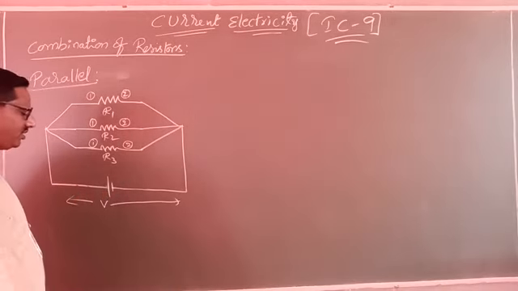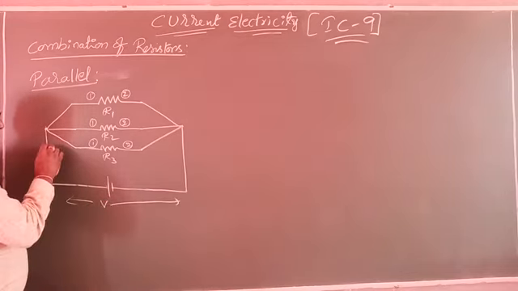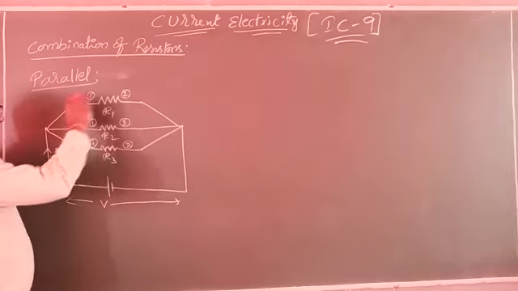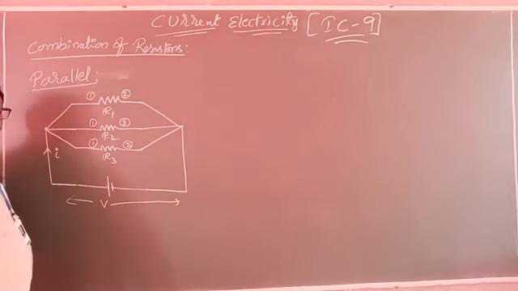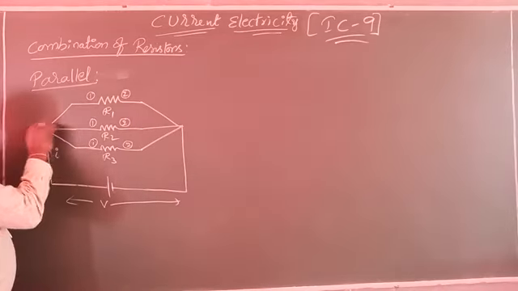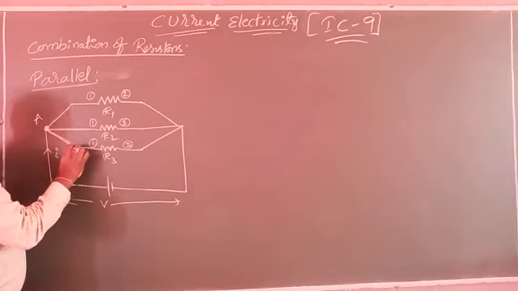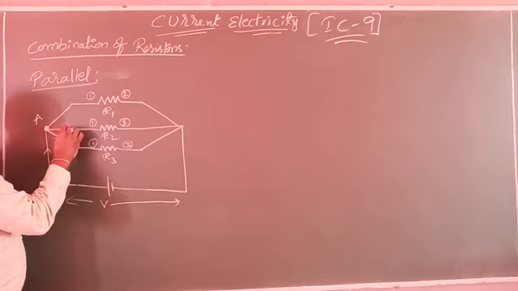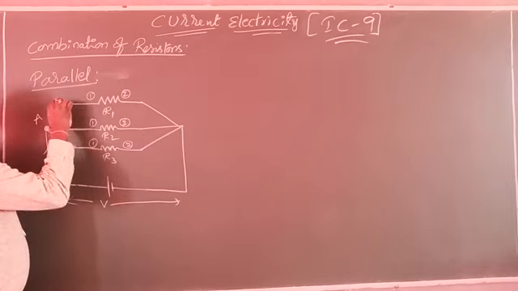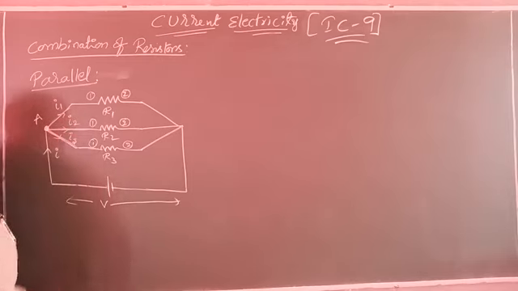Now what have you observed? Now we will apply some potential across the battery. From that, the current I will flow across the circuit and reach the negative terminal of the battery. When it comes to this point, what can you observe? Very, very simple. Here the branches are 3, so the current I will be split into 3. What are those? I1, I2 and I3.